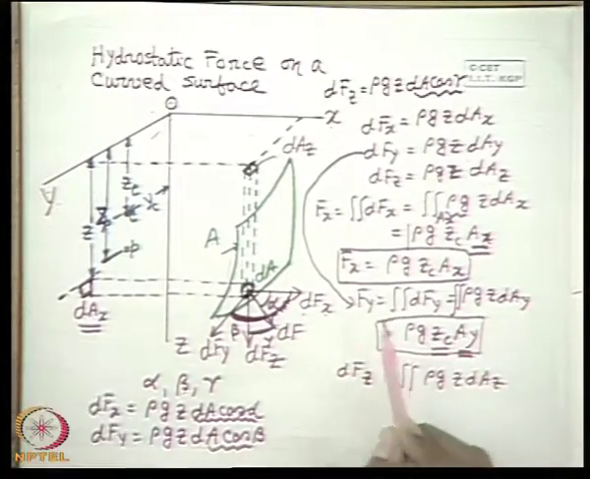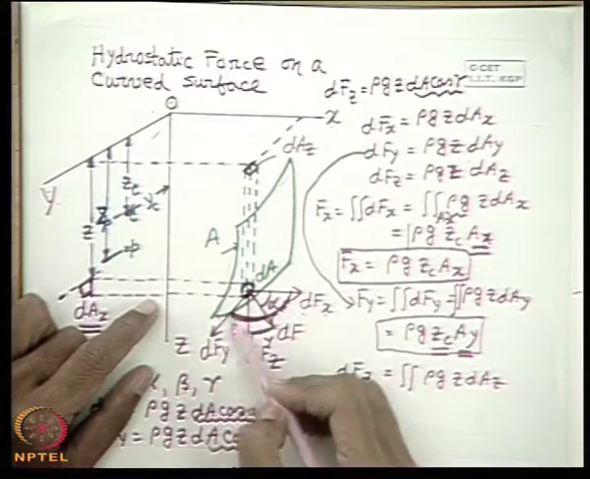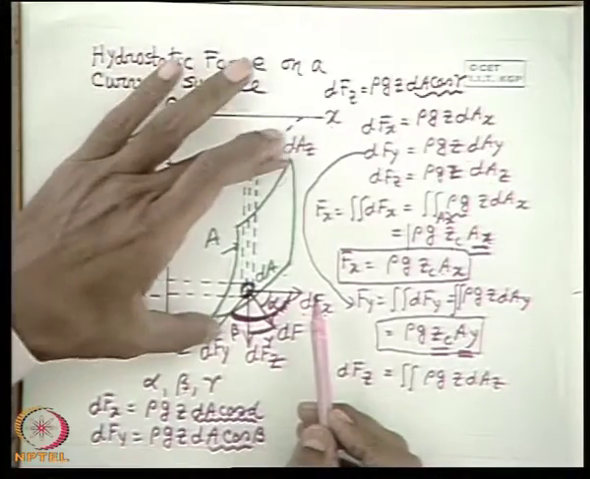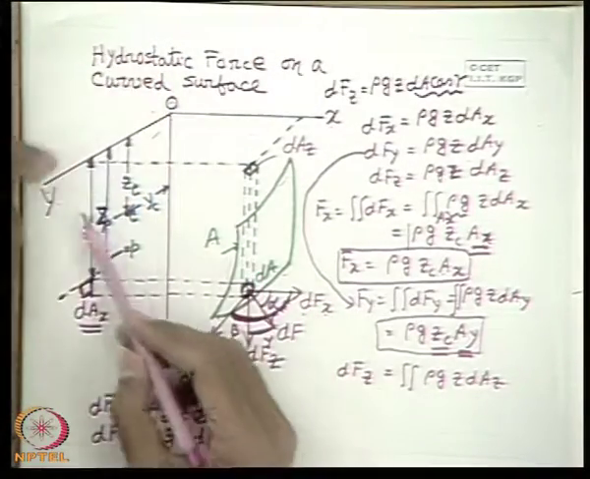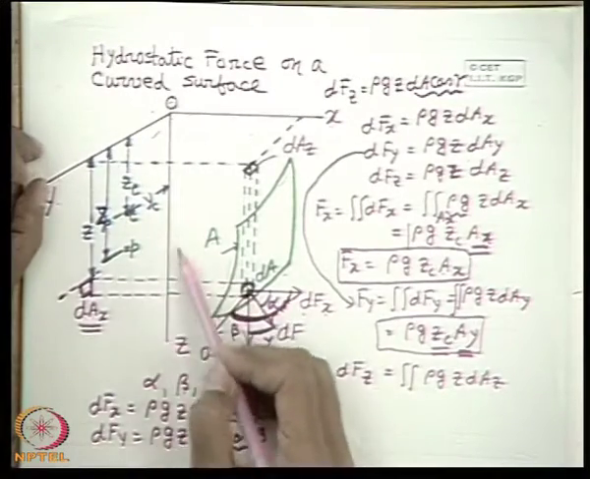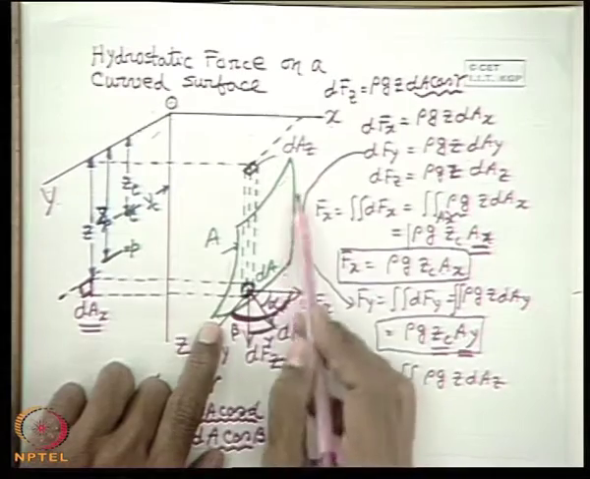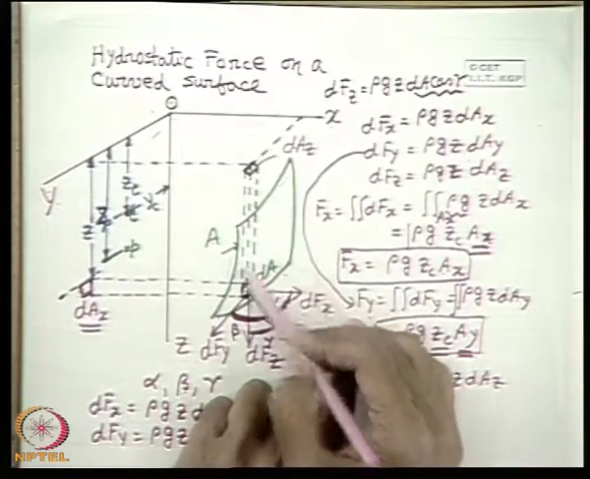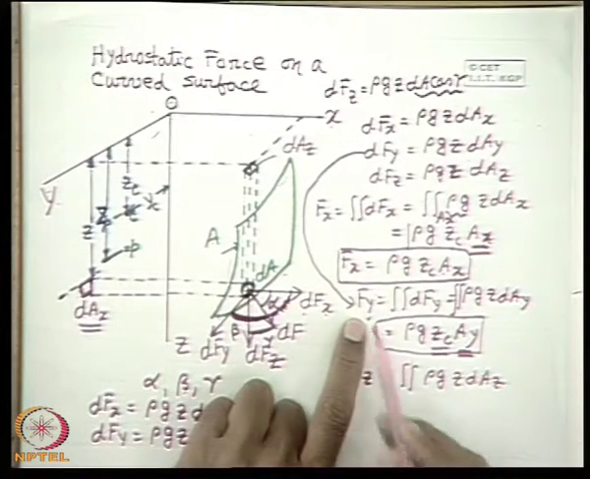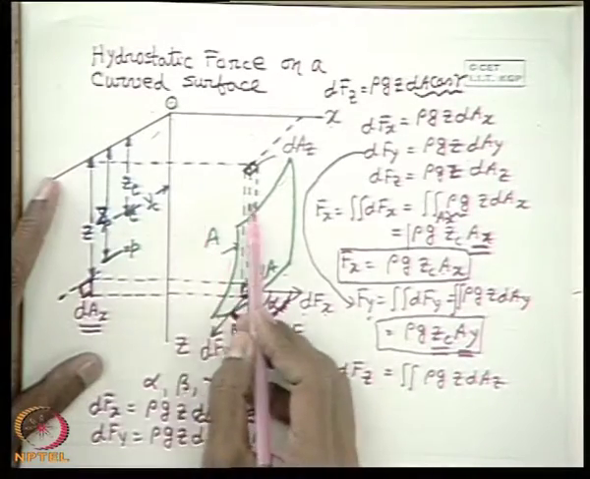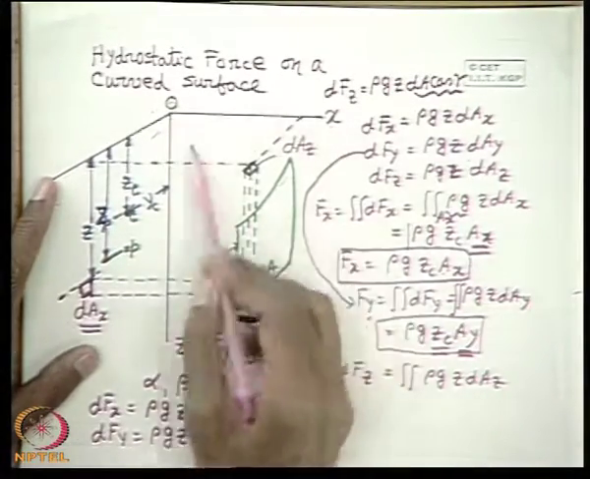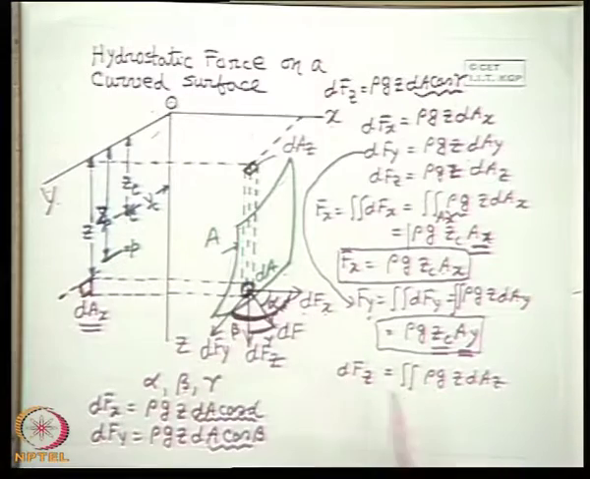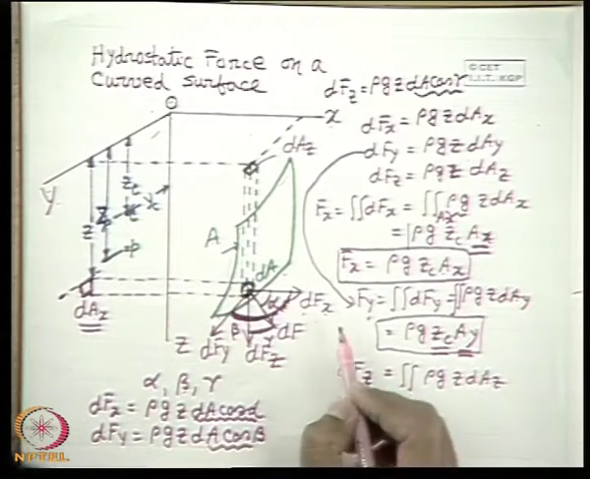Now we see, therefore, the x component of the hydrostatic force on the entire area is equivalent to the hydrostatic force on a vertical plane surface which is parallel to the yz plane, and whose area equals the projected area of this curved surface on the yz plane. Similarly, the y component of force on this curved surface is equal to the hydrostatic force on a plane surface which is parallel to the xz plane, and whose area is equal to the projected area of the surface on the xz plane. Therefore, we can conclude from here that the